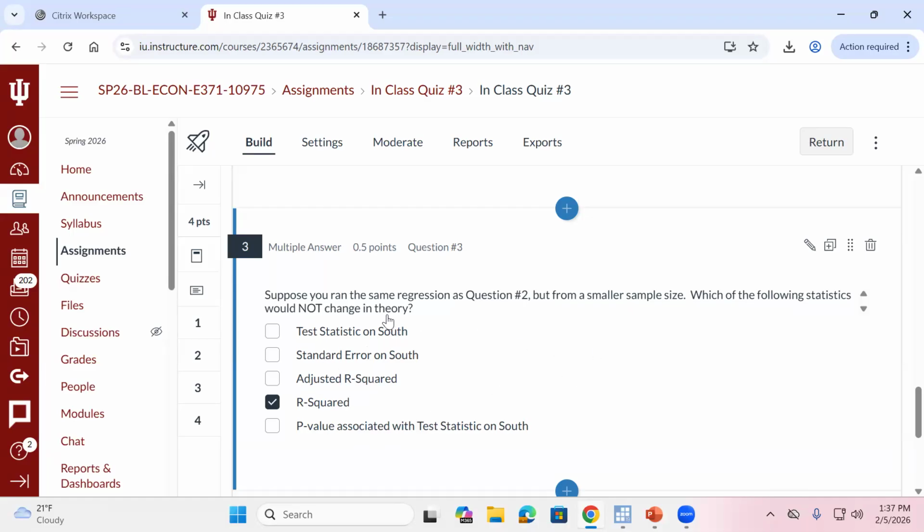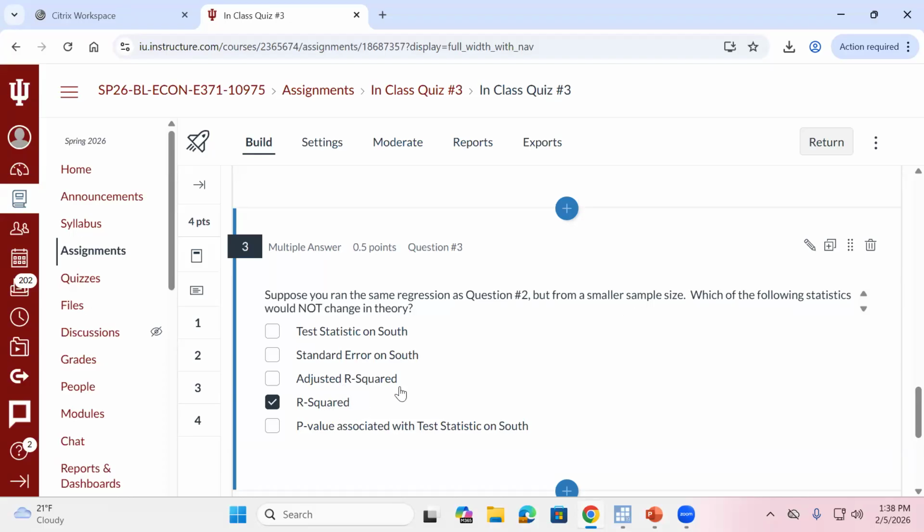But what is not going to change in theory? It doesn't matter what sample size I have. It's back to that experiment we did with confidence intervals. If I were to take enough samples, say 1,000 different samples, so I end up with 1,000 different R squareds, they should always be centered around whatever that true R squared value is. From any one sample, we might see a slightly higher or lower R squared. But in theory, if we were to take enough samples, on average, we would get the exact same R squared value.